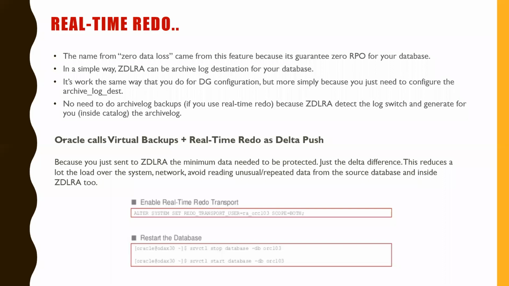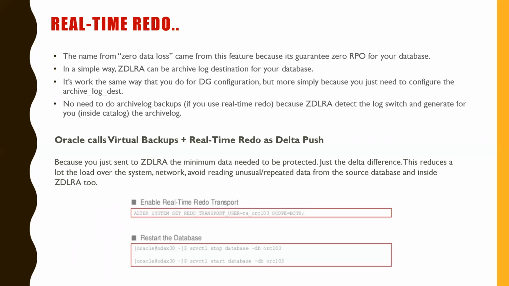All the required parameters to enable the standby setup, right? So similar to that, for ZDLR also we need to enable the real-time redo destination, so that it can read the data directly from the redo and capture all the changes to the ZDLR appliance. So this will really help when we want to recover a database to a particular point in time.